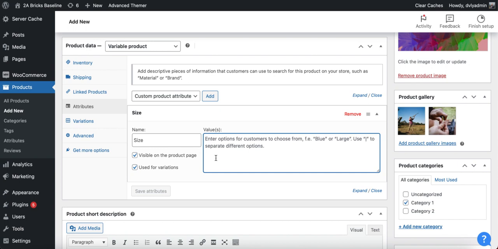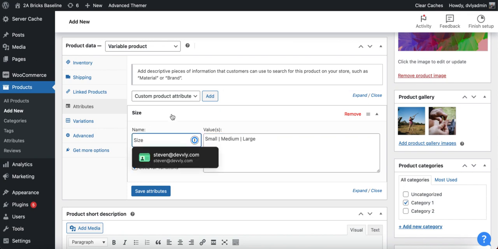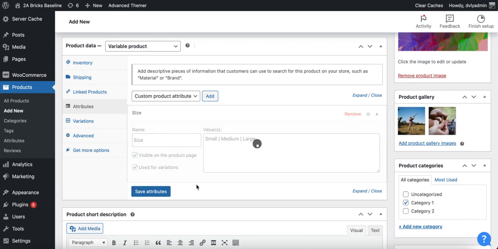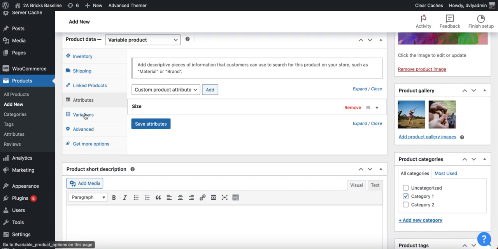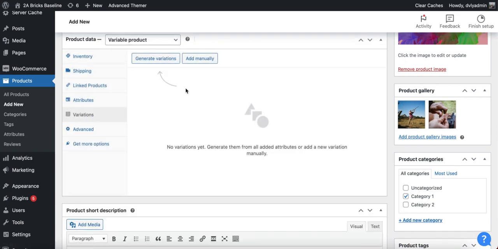So let's say, for example, this is a t-shirt, and we're going to have a small, and then you use this character here to separate your different values: medium, large. So these are the 3 possible values for the size attribute on this product. So I'm going to go ahead and save attributes. All right, and then I can come over here to the variations tab, and I can either manually add variations,